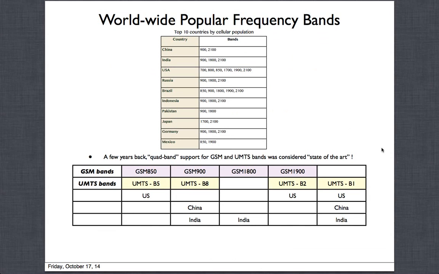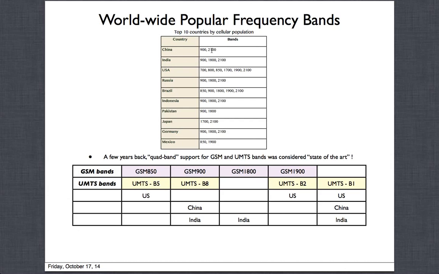So first let's look at some of the worldwide bands, the popular ones. The first table here that I put in is actually by the countries. We know that the one with the biggest penetration, the biggest population is China, there is India, and of course the US is where most of the early developments have all happened. But it quotes all the different bands which are all over the world.